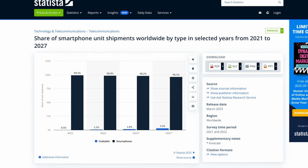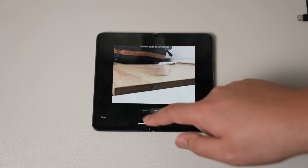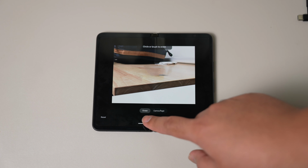And despite having a giant and bright display, the battery lasts me more than a day, so I can't complain about those aspects of it at all, at least not on the Pixel Fold. They seem more than good enough. As for my last gripe about foldables as a whole, apps really need to be optimized for these form factors. Foldable phones make up a tiny piece of the smartphone pie. Like, it's barely there. Built-in Google apps do work perfectly on the Pixel Fold, but third-party apps, well, they're hit